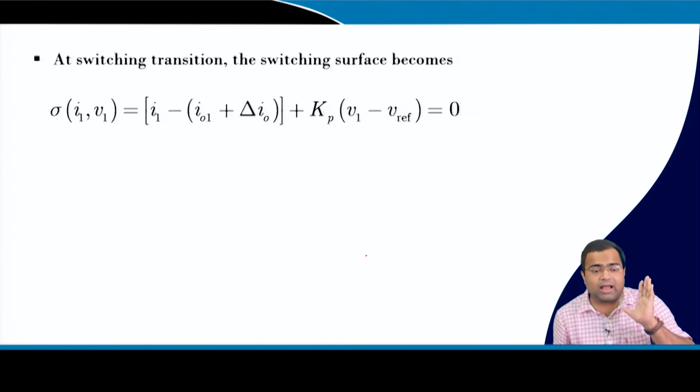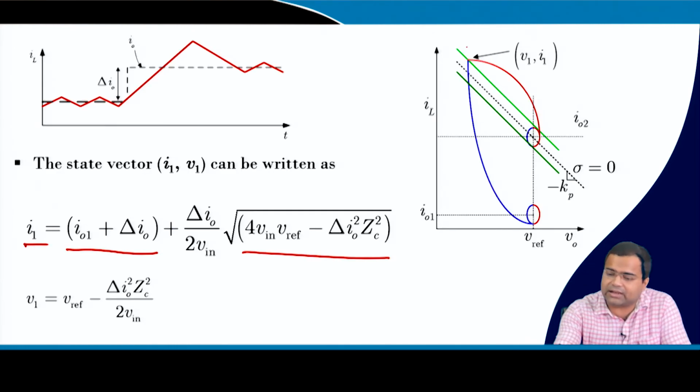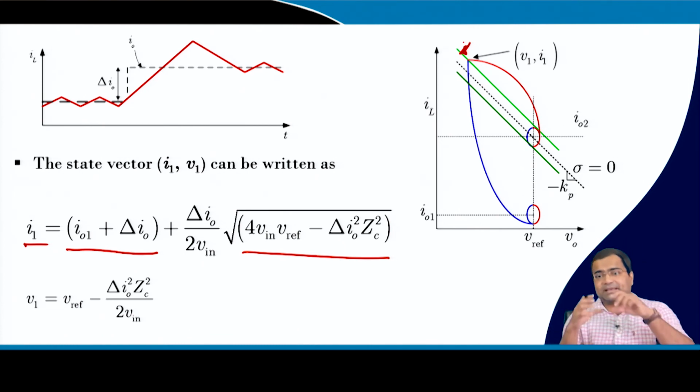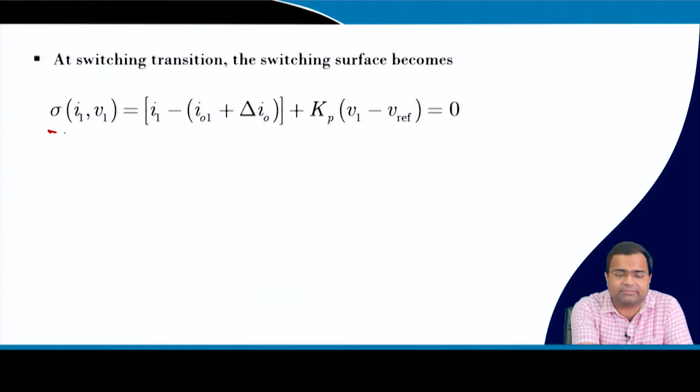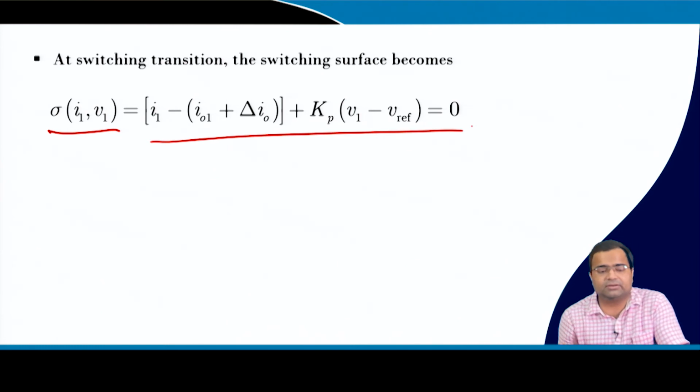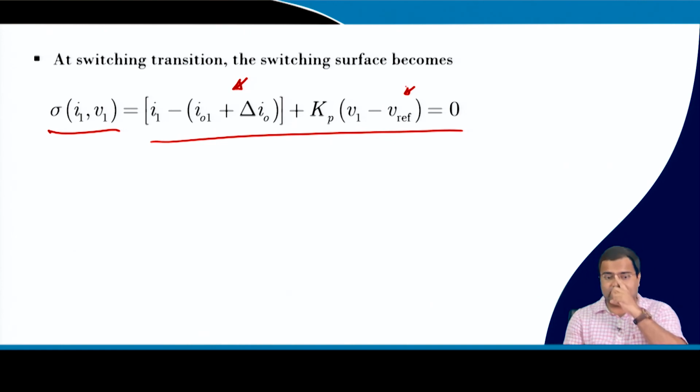Now, at the switching surface where it will intersect, right, if you draw the switching surface, at this point sigma, it is basically intersecting with V1 and I1, and we are again approximating that instead of sigma 1 we can take simply sigma. That is a small approximation because we are ignoring that variation due to the ripple. Then sigma of I1, V1, if you substitute, again I told you I1 is the initial current and this is a new load current or the instantaneous load current, and this is my output voltage reference.